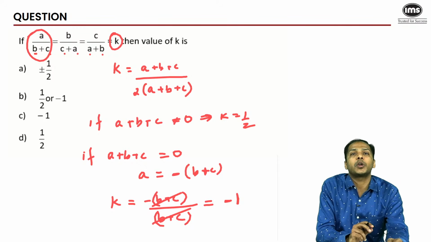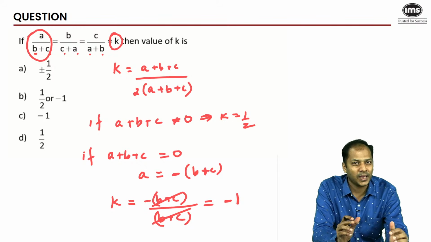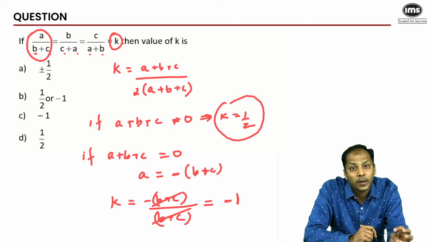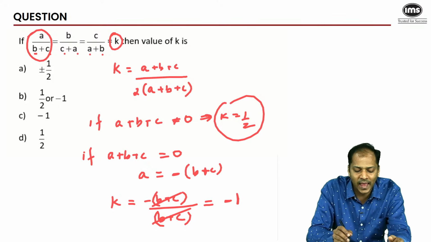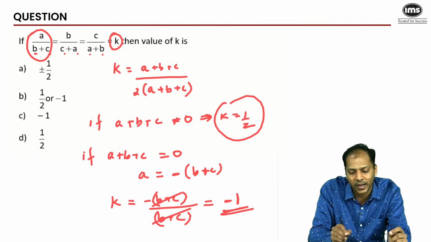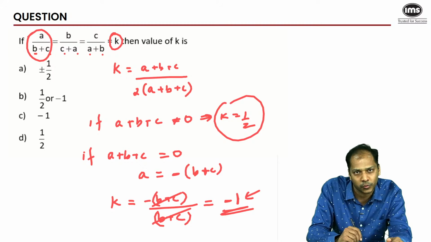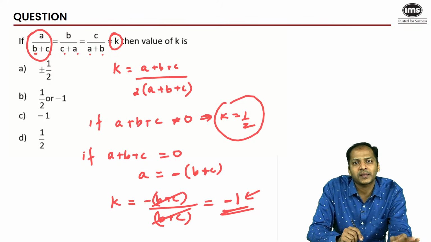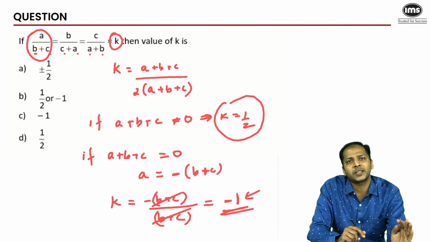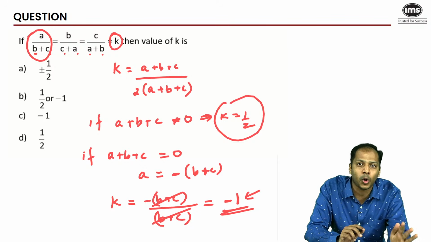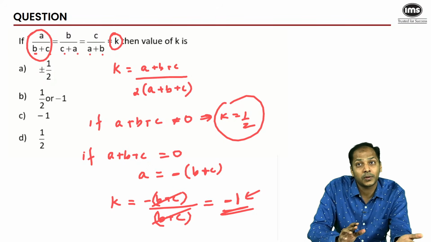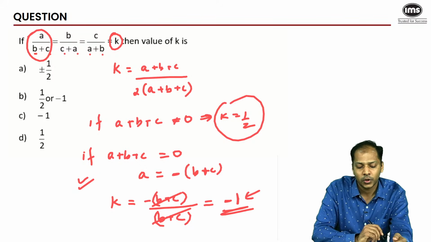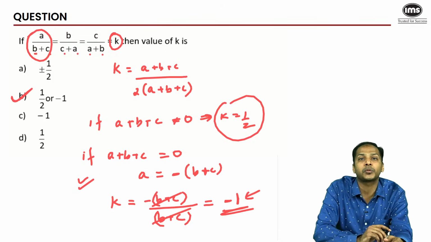and you could also get k equal to minus 1. So depending on the values of a, b, c, if their sum is non-zero, in that case k would come out to be 1 by 2. But if their sum is 0, in that case k could also come out to be minus 1, and normally people neglect or miss out on this value. So this is a common trap. Avoid this. Whenever you're cancelling things from numerator and denominator, just ensure that you know for sure that it is non-zero. If it is 0, then it cannot be cancelled out, then something else needs to be done, like we've done over here. So therefore the answer to this question is actually option B.